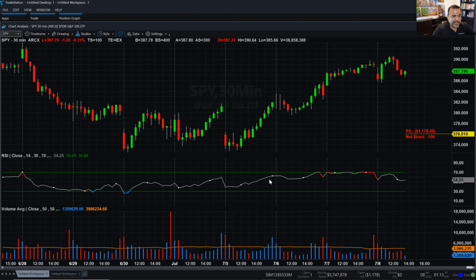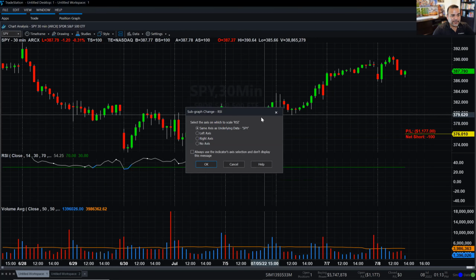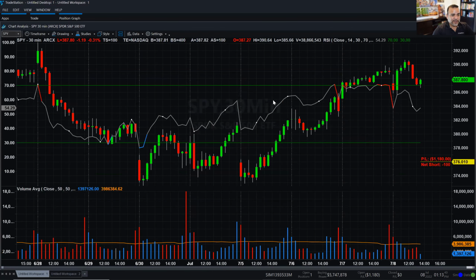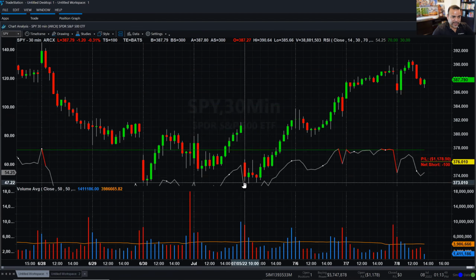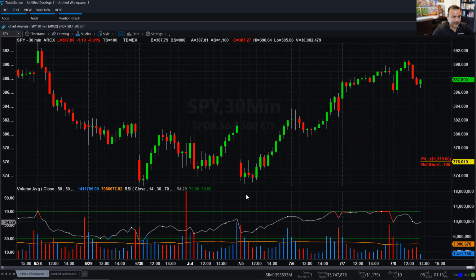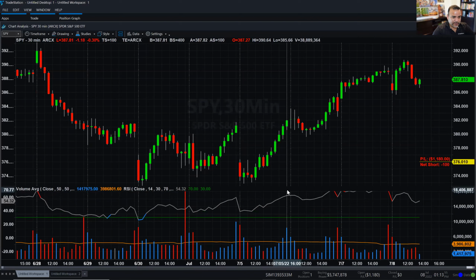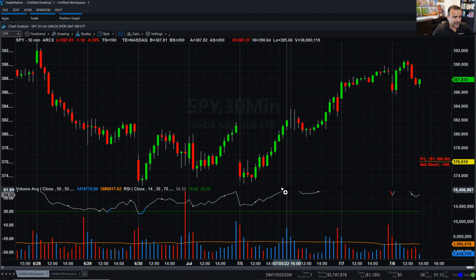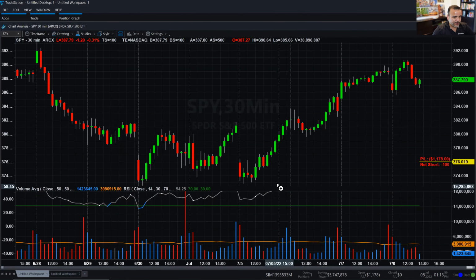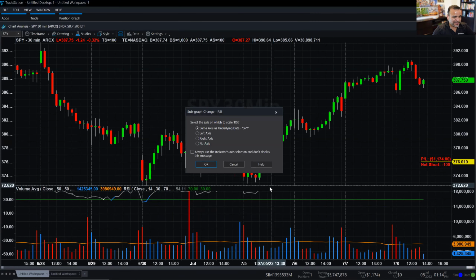If I take the RSI and I put it on the candles, and I say I want that to be on the left axis, then you can see the RSI here. You can see the volume average at the bottom. To revert, double click on the RSI, drag it, and put it right here in between. Oh, it went right on top of the volumes. Let me click and drag in between. Oh, now it's not working. So sometimes I say,